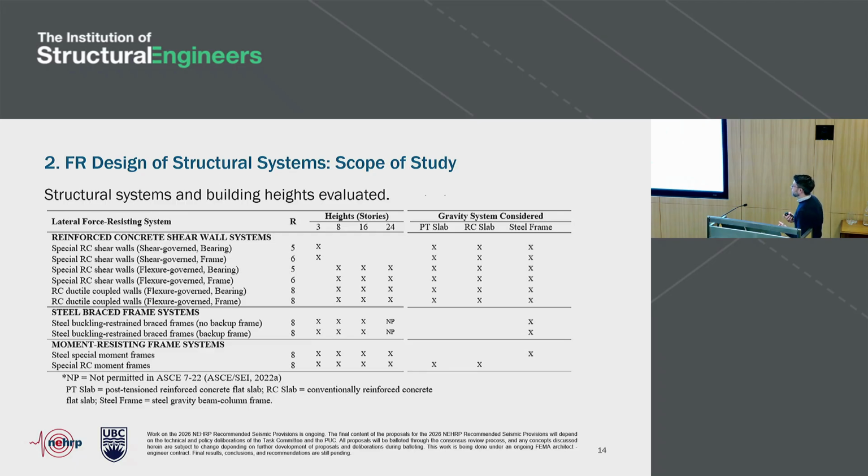You might be wondering, why are you looking at conventional systems? If you want to design for functional recovery today, you're probably using innovative approaches like base isolation, supplemental damping devices, and things of that nature. We recognize that is probably a better way to go about it, but that's already being done. Our goal here is to make functional recovery accessible, because the vast majority of our buildings are designed following prescriptive requirements, like an R factor, a drift limit, and so on, and they're conventional systems. What we want to do is make this design process accessible, so it's not only your base isolated buildings or your buildings with supplemental damping devices that can achieve functional recovery. So that's the goal there.